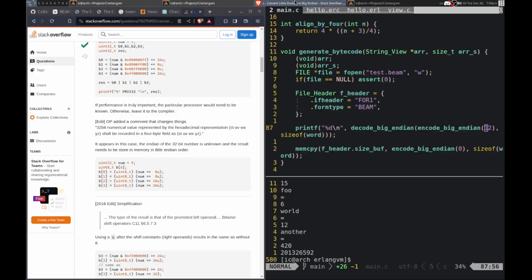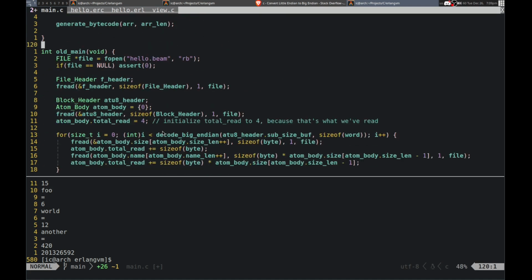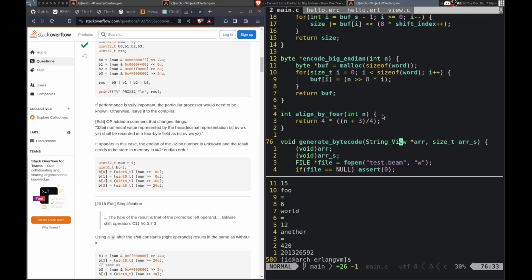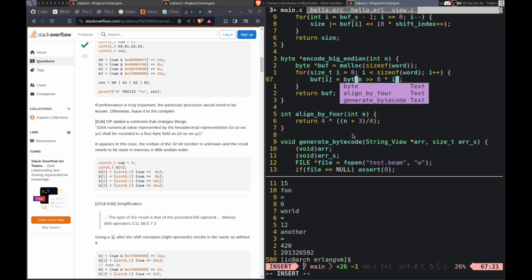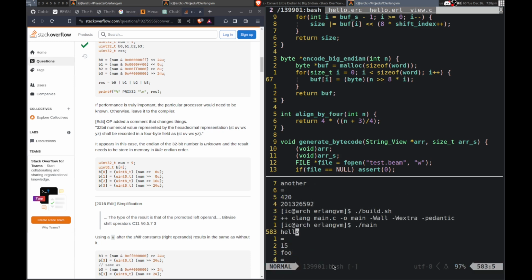Let me try doing this here. No, I'm not gonna do that. Alright, so I think I'm messing it up. Do I have to cast it actually? Probably do. Cast it to a byte. Yeah, I didn't change it.